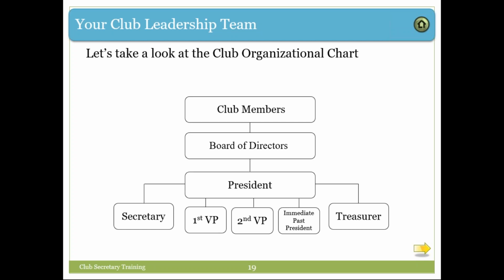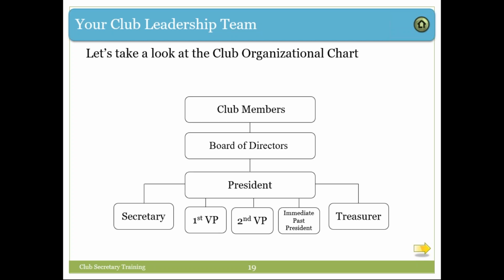As the membership, we elect a board of directors. In the board of directors, there are elected directors that are elected for 2 years, and then there are elected directors that are serving for 1 year. Those are last year's 2 years. It's a progression as far as the board members are concerned.